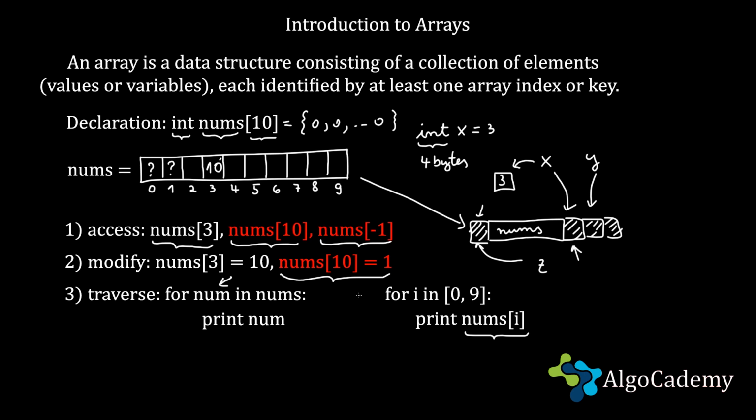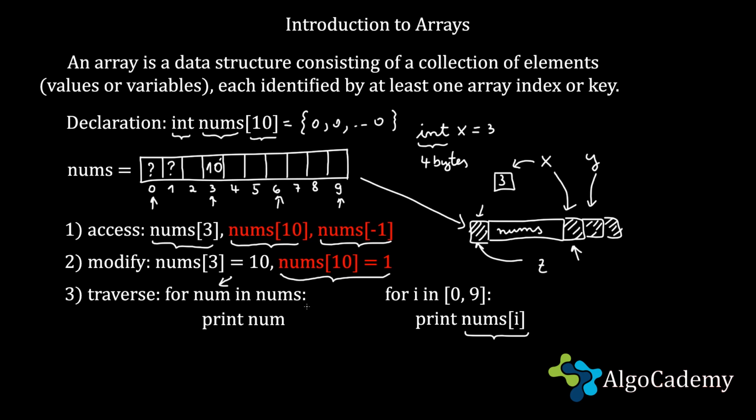Of course, traversing an array in this manner by the indices is a little bit more flexible, because you can do things like, you know what, I want to traverse only the elements of the array nums which have indices multiple of 3, right? So I want to print nums of 0, then nums of 3, nums of 6, and nums of 9. Obviously, we can do this with a for loop, in which we go again with I from 0 to 9, but we make sure that we increase I with 3 every time. This can be done, and in this way you can't do that because, of course, you're limited to going through